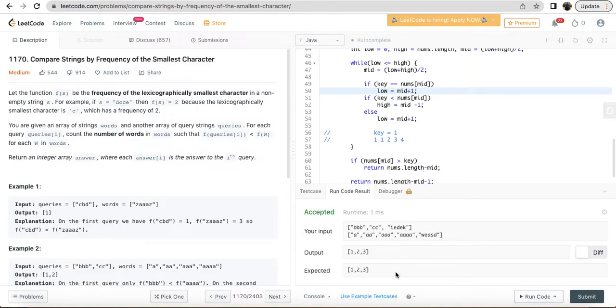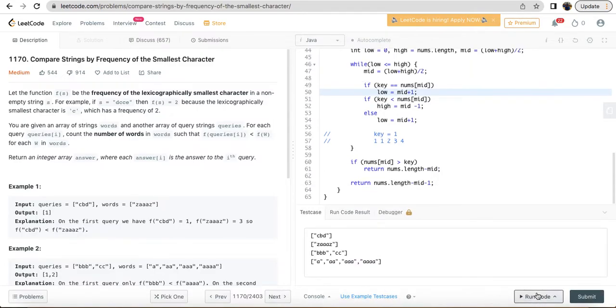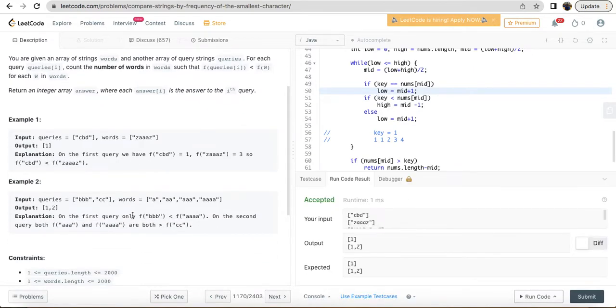We got the expected result, and with other examples, yeah, it works. Mm, any other corner cases that we missed? I can submit for this approach, but